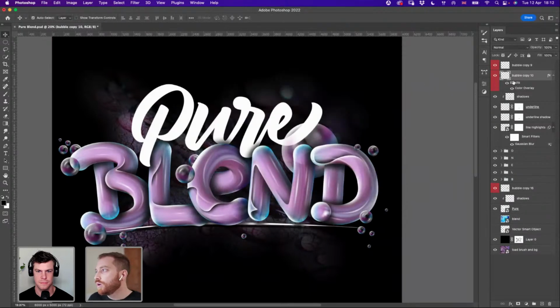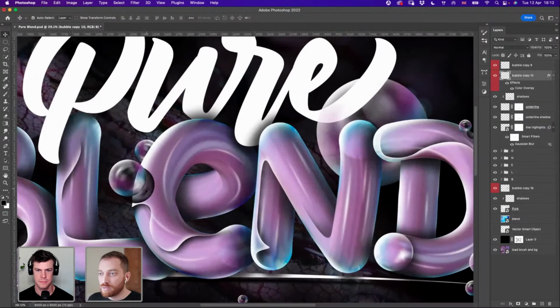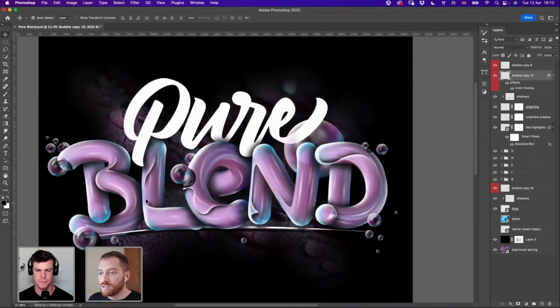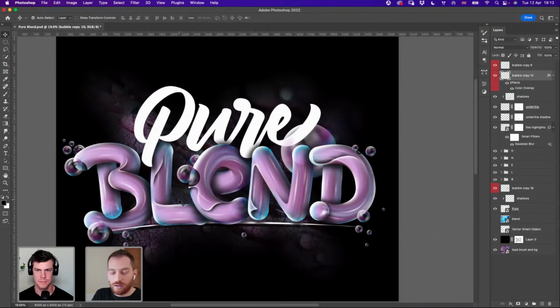And this is where the magic happens, because I really like this part. You can see the shadow behind, and it really gets 3D because it has exactly the same gaps from the bubble and the fading, and I really like that.